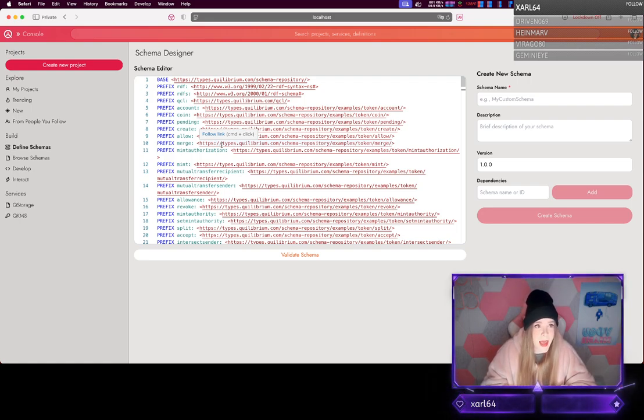Now, how do I ask who all has these ERC20s? How do I know the addresses? How do I get the balances? How do I do anything to interact with this? And what ends up happening is you either have to write an indexer yourself, which is basically an application that